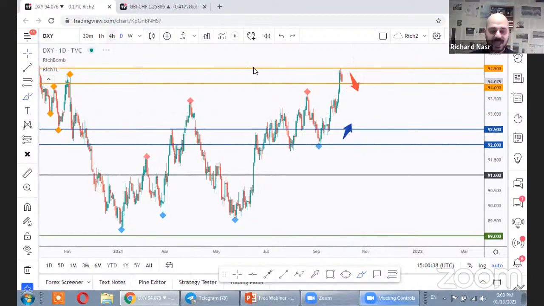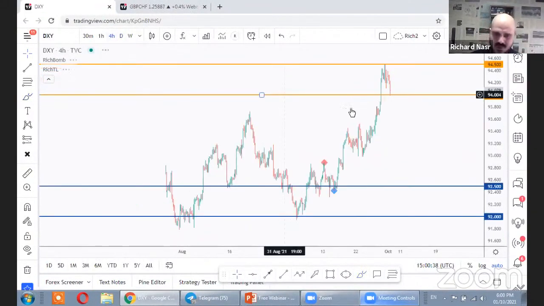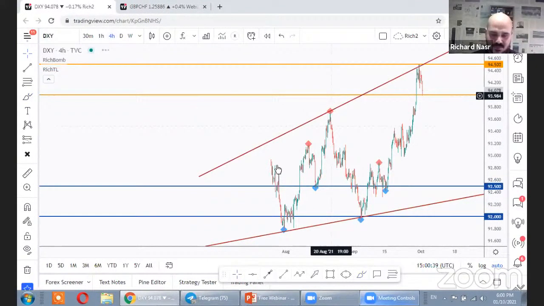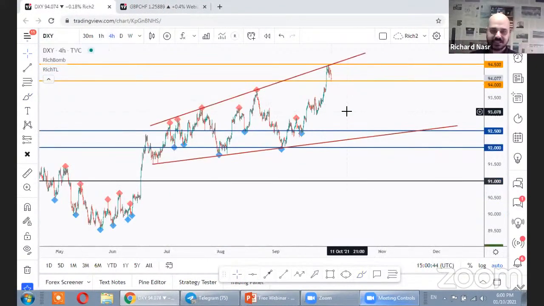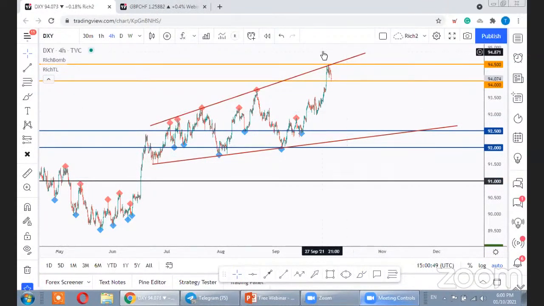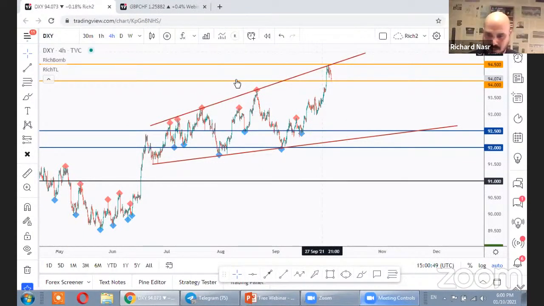Now, if we zoom into H4 time frame, we can see that the price, we can draw these what I call outer trend lines engulfing the overall movement, giving us an overall feeling or direction about the market. And yes, okay, so we are currently around this upper trend line, which I consider an